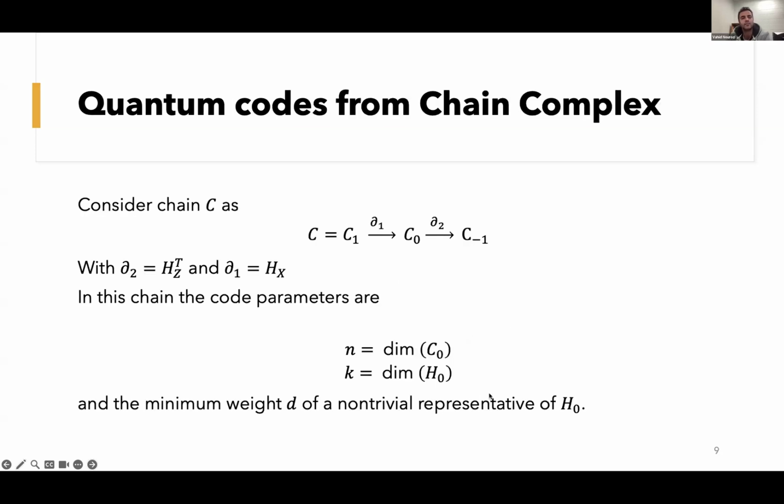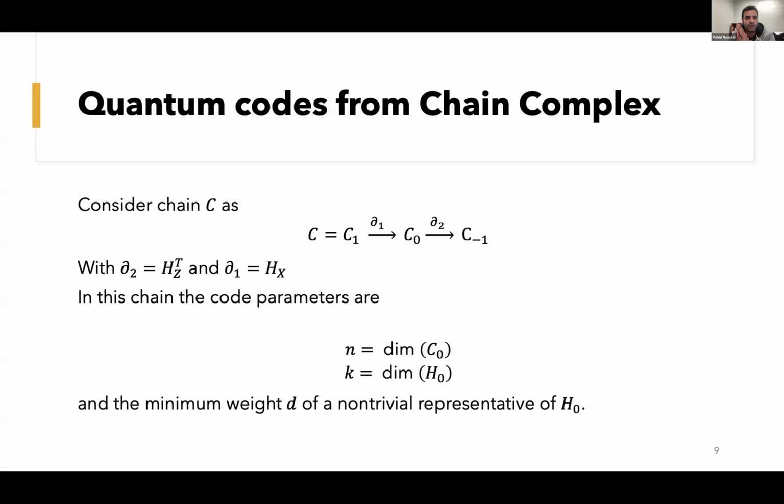And we can find the quantum code from a chain complex if we consider three categories in the chain complex, for example, C1, C0, and C minus 1. We have three categories and we define the chain complex. Before I